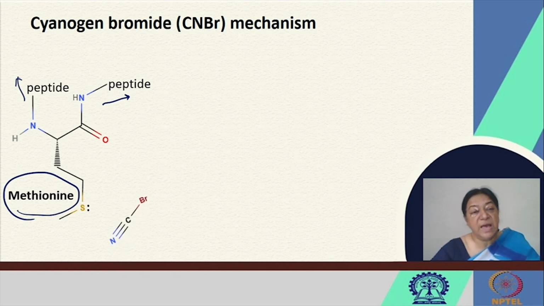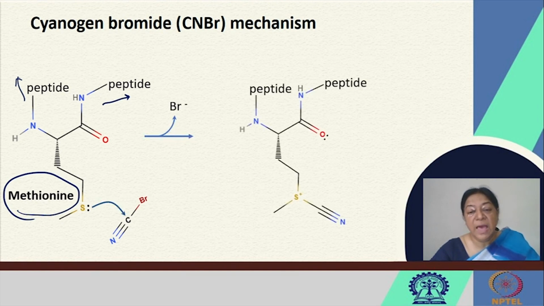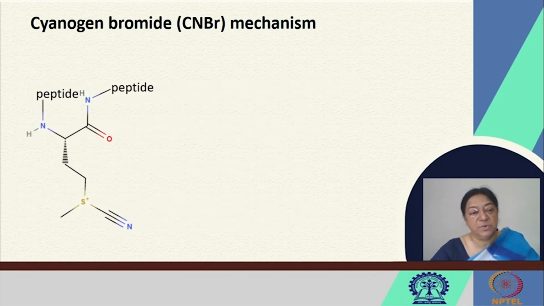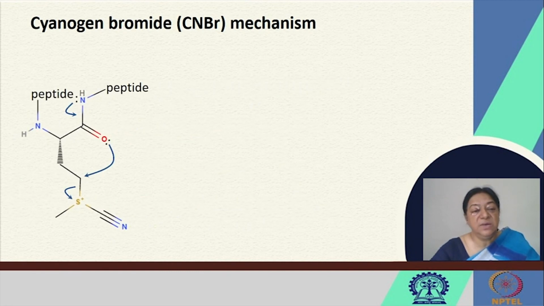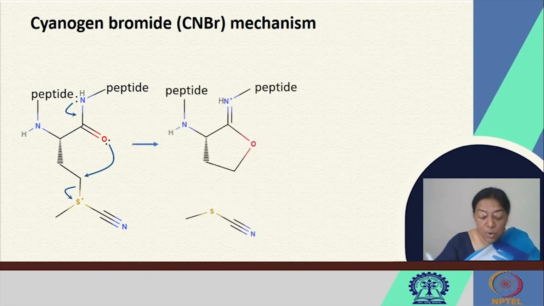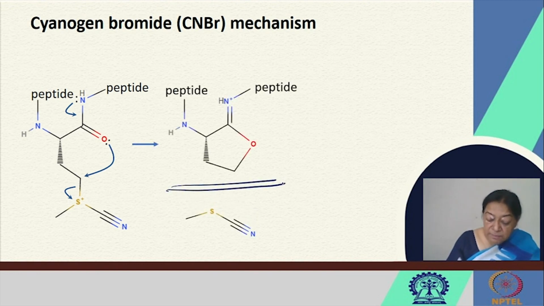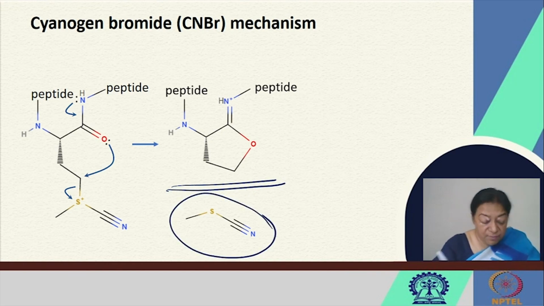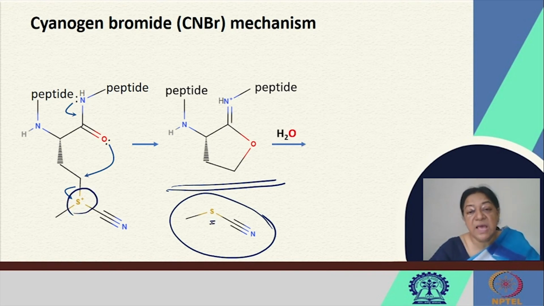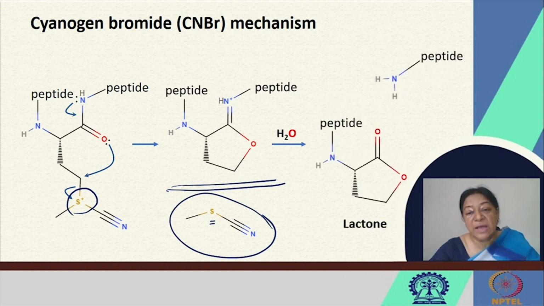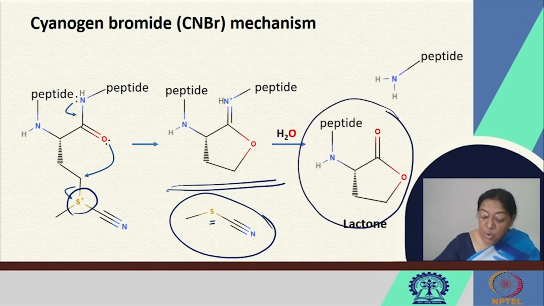In this case, we have the CNBr chemical cleavage that is going to occur, where we have a specific reaction with the elimination of the bromide ion, and we have an adduct formation. Now, when we have hydrolysis, we have a cleavage form here. This is where we have the derivative from the methionine. The sulfur comes from the methionine, and with hydrolysis we actually have a lactone formation with this